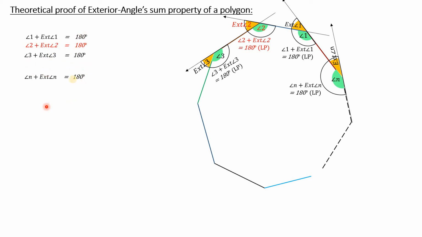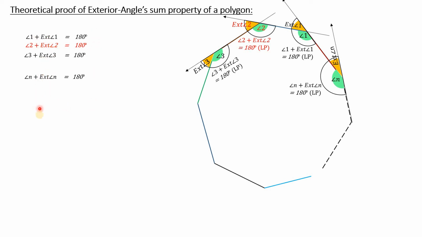Okay, now what I am going to do is add all these equations. Means I will be adding all the left hand sides separately and the right hand sides separately. When equals are added, we get equals. That axiom, what do you call it? It is a special term for it. It is an axiom. Right now we understand it as an axiom. When we add equals, we get equals.